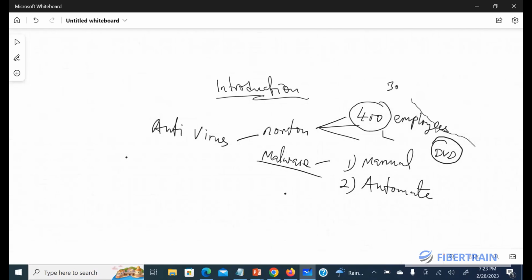So what we can now do is automate the process. If we want to automate the process, it simply means that we need a network, right? So we need a network. And over the network, we need to configure certain stuff. One of the things we configure on the network is called multicast transmission. So how will multicast transmission help us? It will help us to push this antivirus solution to the 400 PCs on the network at the same time,